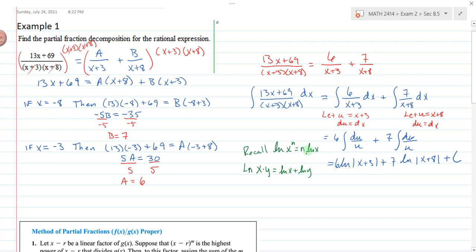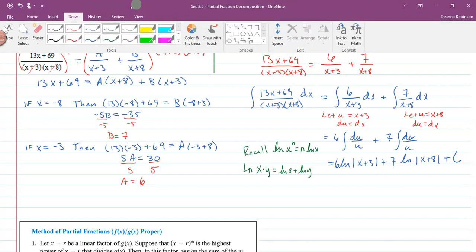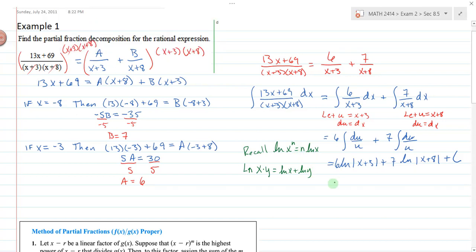So that means that I could use these two rules together to rewrite this answer as the natural log of x plus 3 to the 6th times x plus 8 to the 7th. And I'd want to take the absolute value of that, because if this ends up being a negative expression, I have to have a positive value that I take the natural log of. So that would be our final answer. But trying to get that from this was infinitely more difficult, and that's why we use something called partial fraction